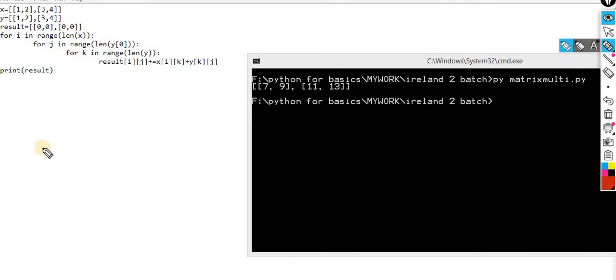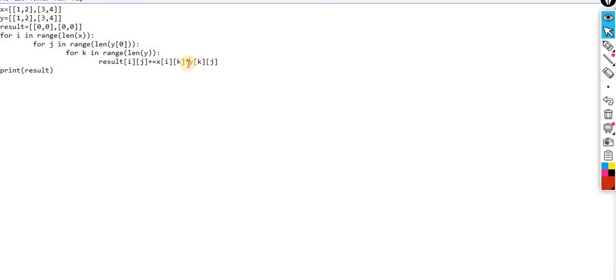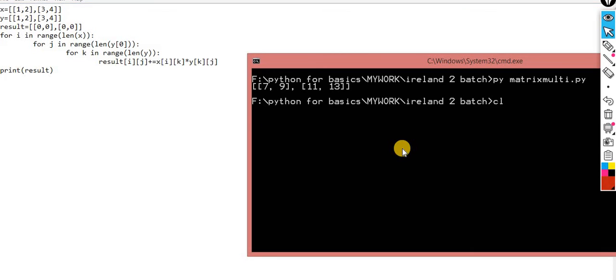Okay, please calculate this: 1 2 3 4 multiplied by 1 2 3 4. Okay, please do hurry up. This one and this one. Sir, what in the formula, multiply should be there. Yes, here it is multiply. Yes, again getting the wrong output. So here the formula is multiply. Sorry, I made a mistake, that is a typing mistake. Let me try this. So now check the output for the same.